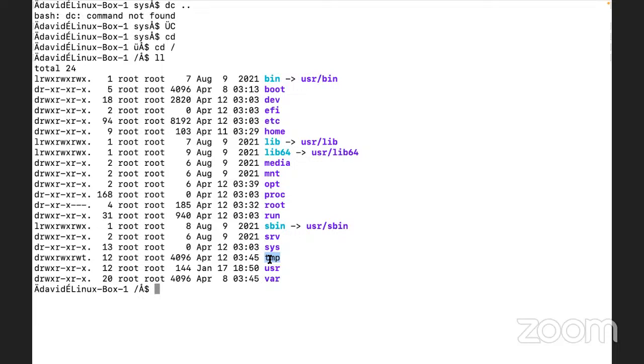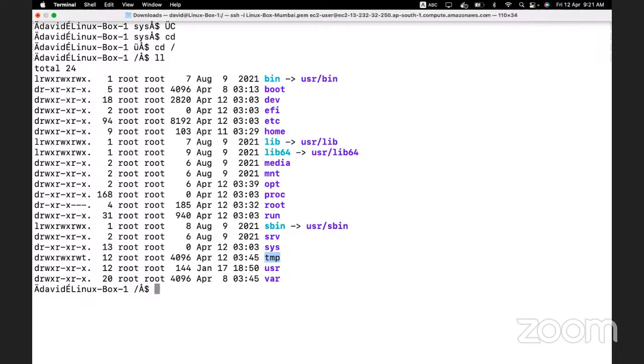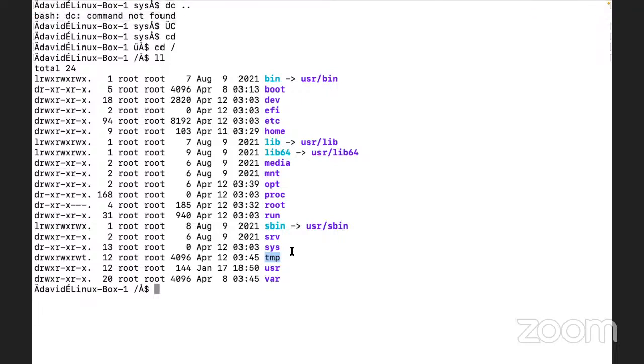Obviously, when we move forward, we will see where these particular settings are done and we will be able to modify that. Okay, this should be for 60 days or this should be for 10 days only. But yes, by default, a Linux operating system comes with predefined settings that all the files which are older than 30 days will be deleted from this particular directory.